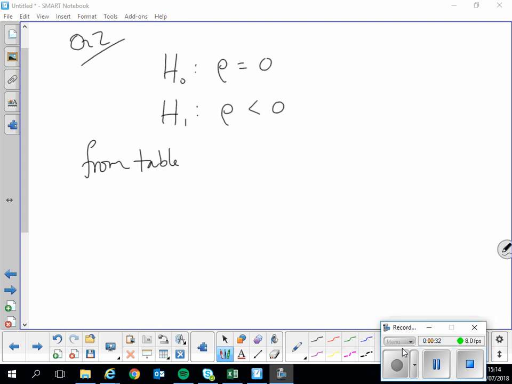So from the tables, we can see that the critical value is 0.6215. And remember, this is for positive correlation, so we note, of course, the negative is the other way. So minus 0.6215 is actually greater than minus